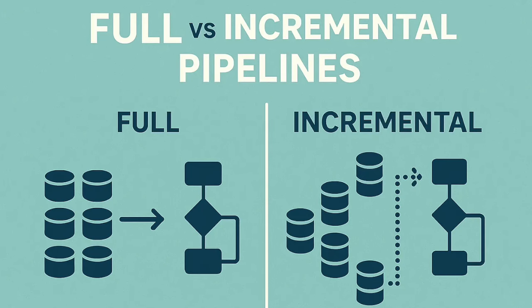Today I wanted to talk at a very high level about a very basic data practice, and that's basically full versus incremental pipelines. I'm going to talk about this from a super conceptual high level, so this is probably old hat to you if you've been around data for a while, but if you're fairly new, this can be sort of confusing. Do you do full pipeline loads versus incremental pipeline loads or something in between, and what does that really mean